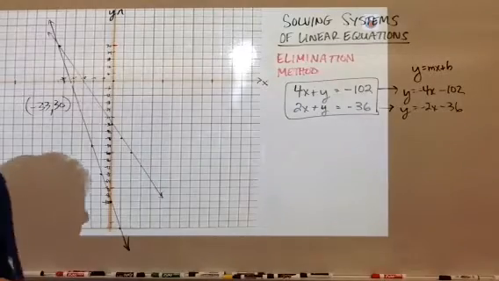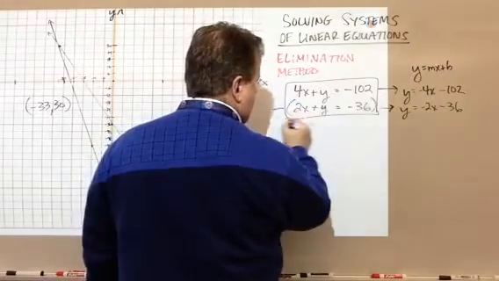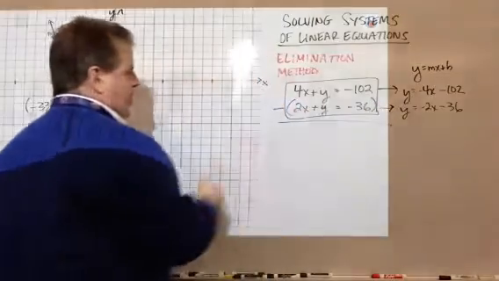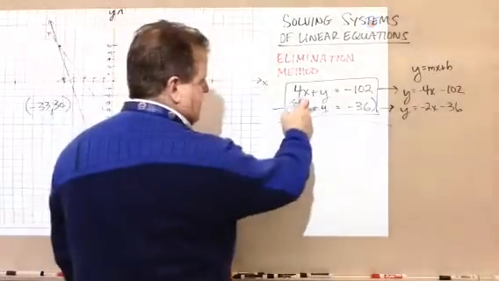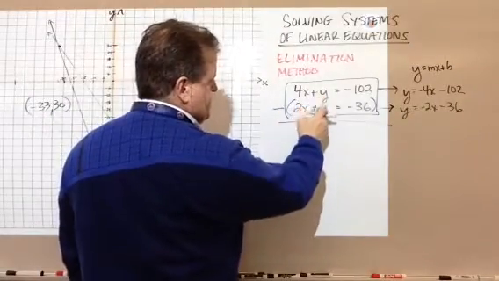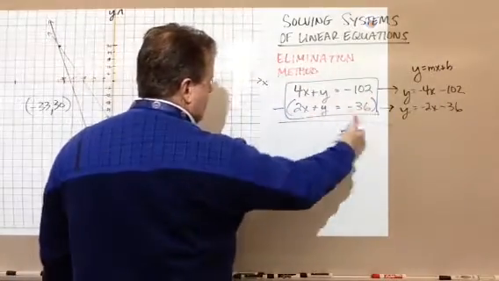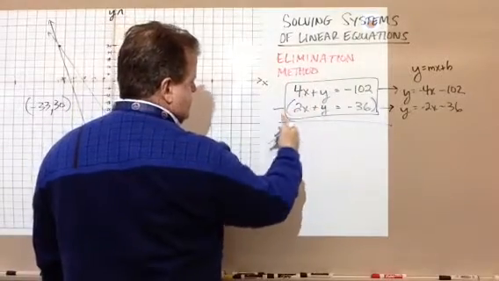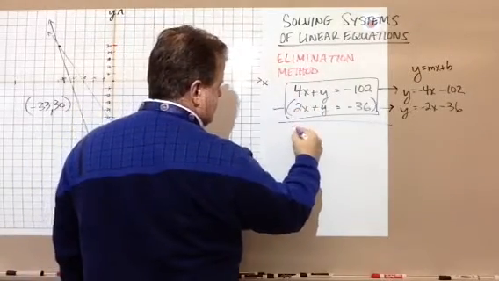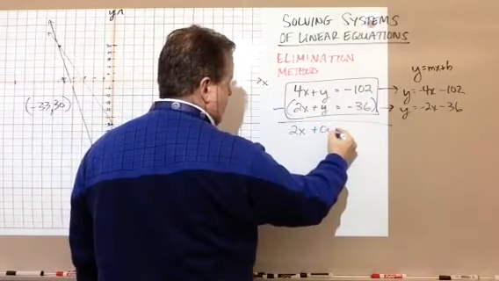So we are literally going to subtract one equation from another. We're going to take 4x plus y equals negative 102 and subtract from it. Notice I have the x's lined up, the terms with the y's lined up, and the constants lined up. And I'm going to subtract this whole equation from this whole equation. So 4x plus y, I'm going to subtract 2x. I'm going to get 4x minus 2x is 2x. Y minus the y term, 0y, or nothing,